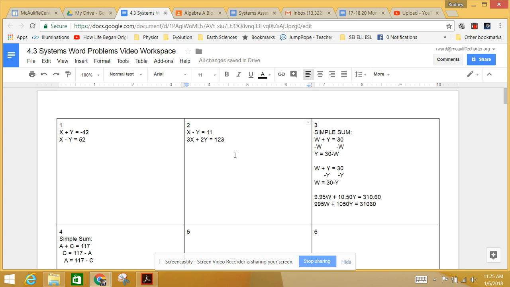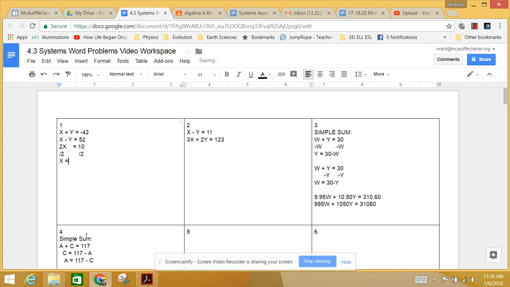I'll let you go ahead and solve each of these. I'm going to ask you to pause, and I'm going to solve them after the pause. Okay, if you're back from pausing, I'm going to go ahead and solve these. I'm going to solve number 1. If I add them together, I get 2x equals negative 42 plus positive 52, which is 10. So I divide both sides by 2,